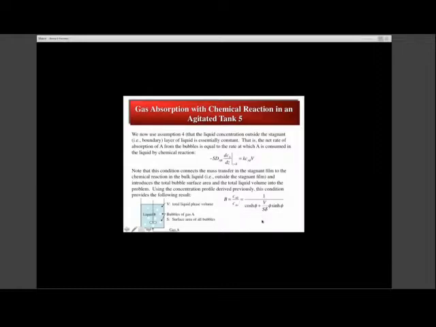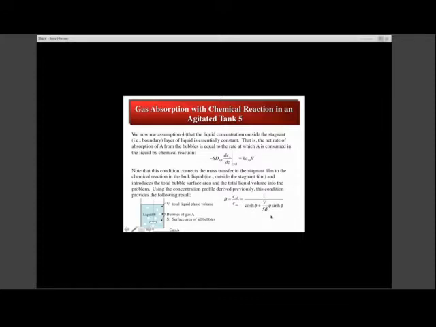Now, you'll also note something that is very important for mass transfer and also for heat transfer: the natural appearance of the surface area per unit volume in this problem. This is the gas bubble surface area. This is the total volume of liquid, and so that enters